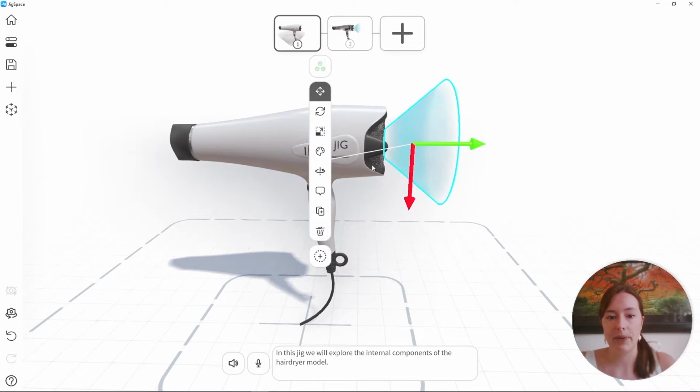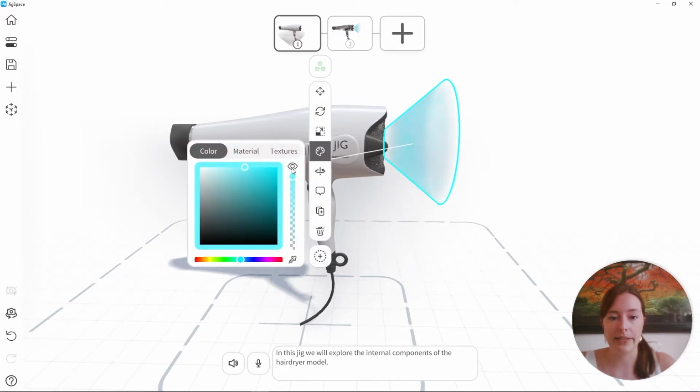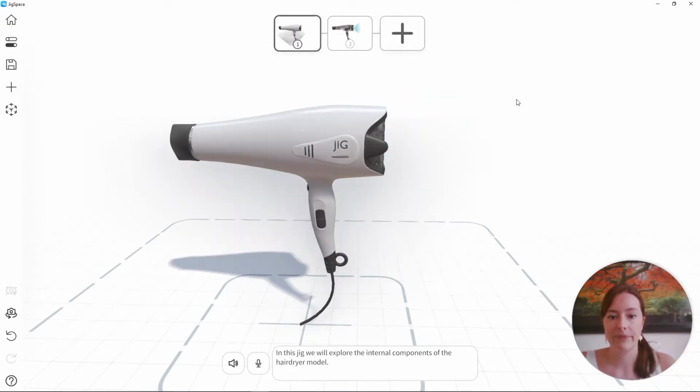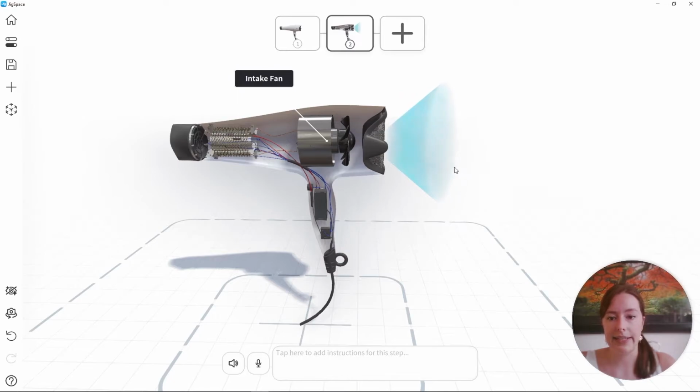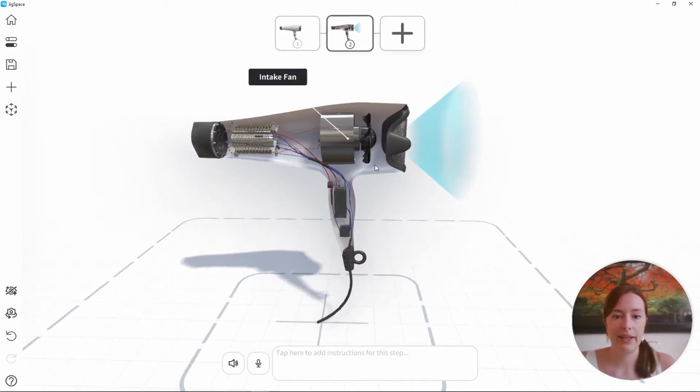And while on step 1, I'm going to hide it and turn on its transparency. And now when I go from step 1 to step 2, I get a nice fade in of this effects object here, as well as a fade out of the external casing. So we have our step 2 arranged. What I'm going to do next is add in the instructional information describing what's happening in the scene.